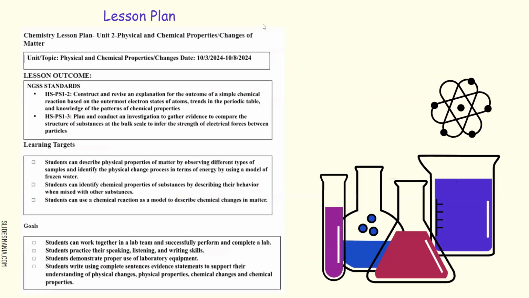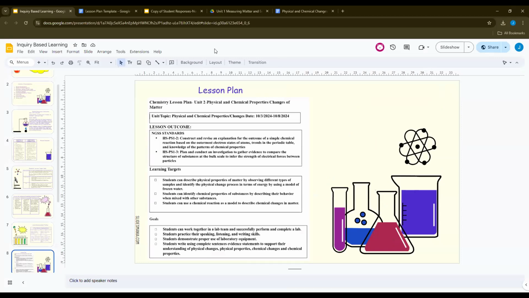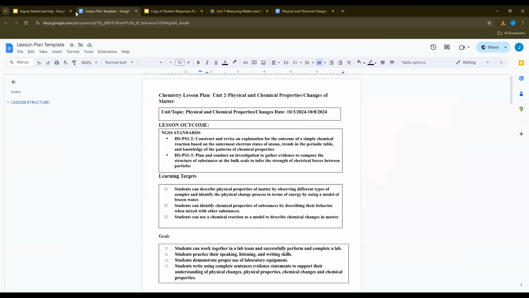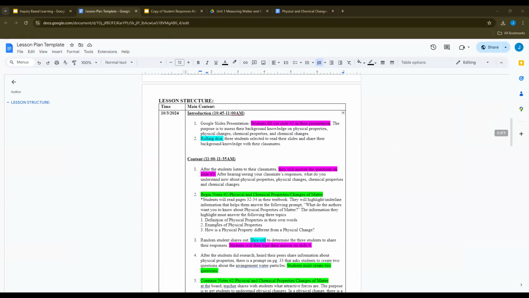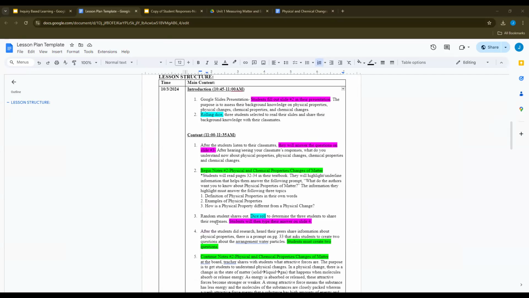Let me show you what my lesson plan looked like, so that you can see what I was giving to the students. So this is my lesson plan. And I have the standards, the targets, the goals, and my lesson plan consists of various activities where the students are typing their response in their slide set. I rolled the dice to select the students that are going to be participating there,